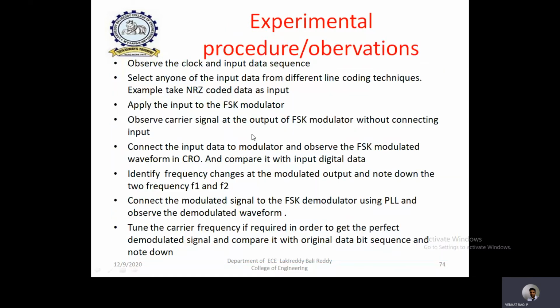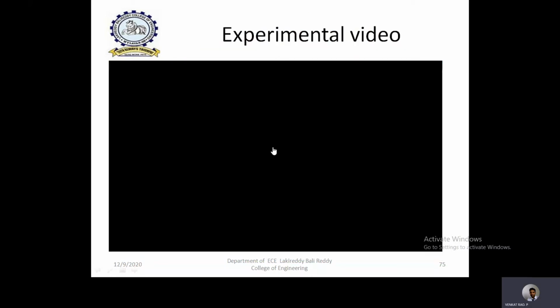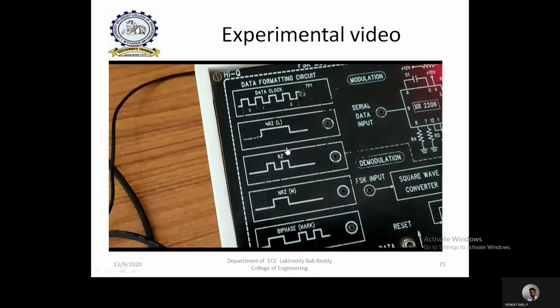These are the different kits, and this is the procedure which is already explained. So here I am directly going to the experimental video. All of you observe what I have explained and what I am doing now. All of you keep in mind that for all this digital communication lab, I am using the experimental video, and I am going to explain in a play and pause mode. That means I am going to pause the video and explain, and then I am going to play the video. So all of you keep that in mind.